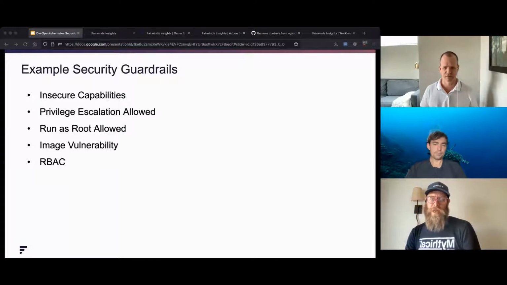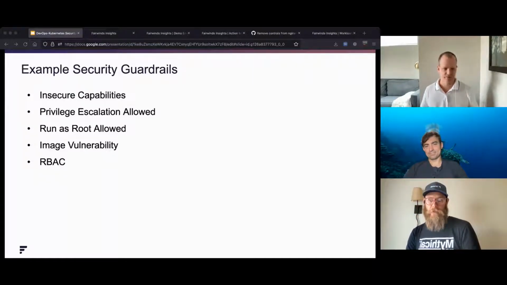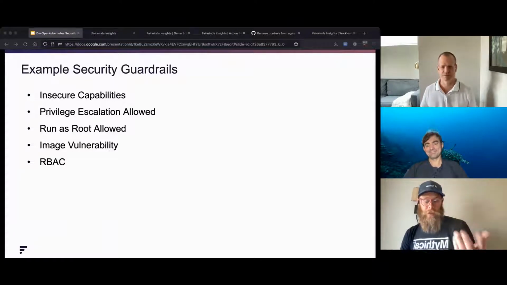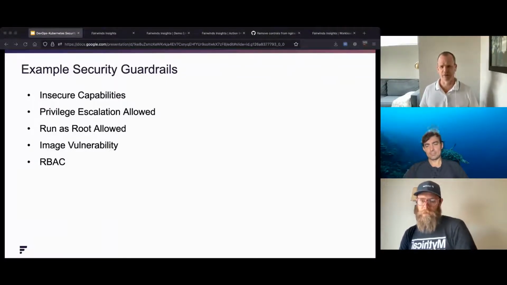So to say that in very layman terms, the role-based access control is making sure that the technical evangelist at your company has very different privileges than, say, the VP of development or even a developer, because frankly, I do not need access to the same things. I don't need the same level of access. And also, neither do your workloads all need the same level of access. So right, absolutely. And we have tools to help with this.